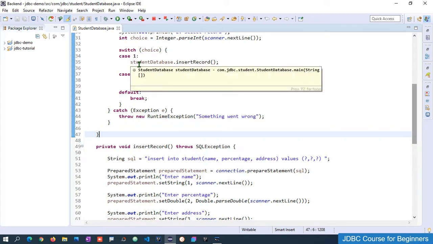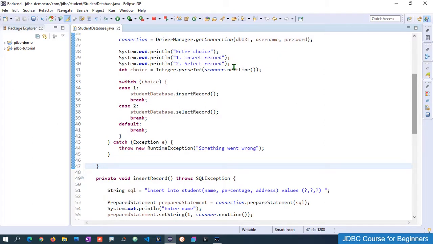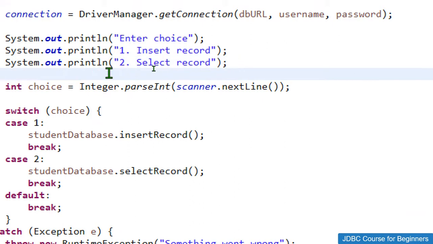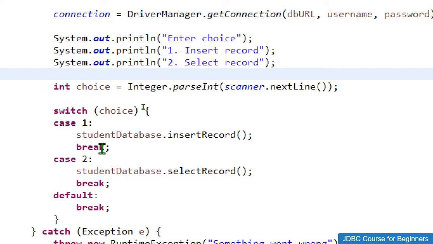Again, what we will do is add one more line over here, System.out.println, and I am going to show you how we can create a stored procedure and how we can call that particular stored procedure. Again, I do not want to make this session stored procedure specific, so I'm not going to tell you in detail about stored procedures, but definitely I will tell you how we can create a stored procedure, how we can use it, and how we can pass parameters to it.